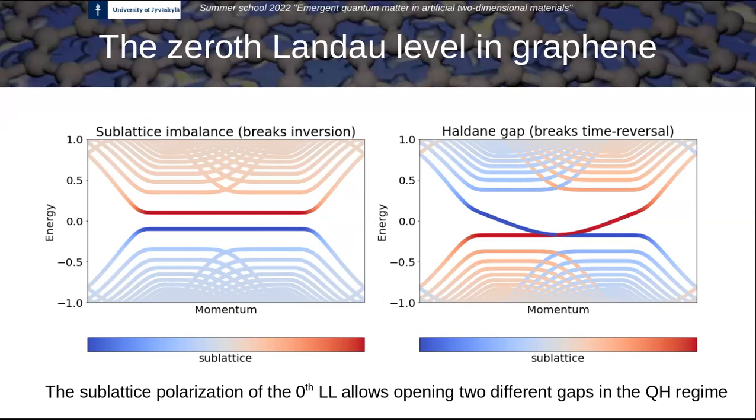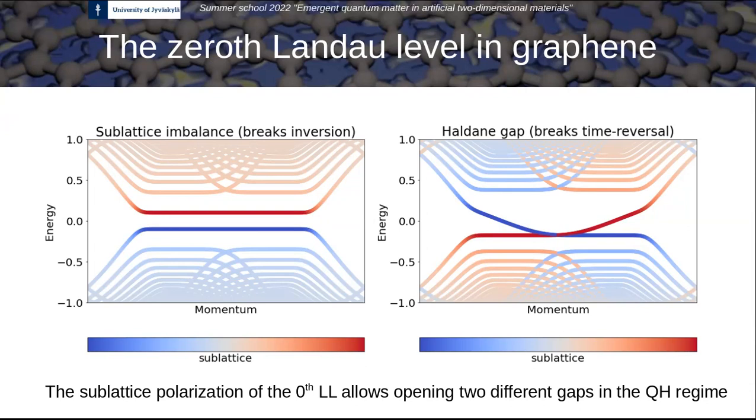So in that situation, a charge density wave appears, which essentially means that you have more electrons in the A sublattice than in the B sublattice. And that charge density wave gives rise to a quantum Hall state that is actually trivial because you happen to fill the right or wrong Landau levels, depending on how you think about it. And then, of course, there's another alternative, in which you fill other Landau levels. And when you fill those other Landau levels, you may end up with a total Chern number of the occupied states that is non-zero. And in that situation, you essentially get